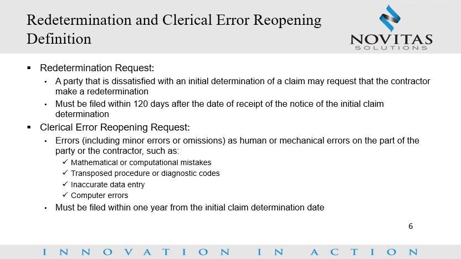A clerical error reopening is for minor errors or omissions on your claim submission, such as mathematical or computational mistakes, transposed procedure or diagnosis codes, or inaccurate data entry. Many of these corrections you can do on your own. Adding, changing, deleting modifiers, changing current procedural terminology, healthcare common procedure coding system code, or changing